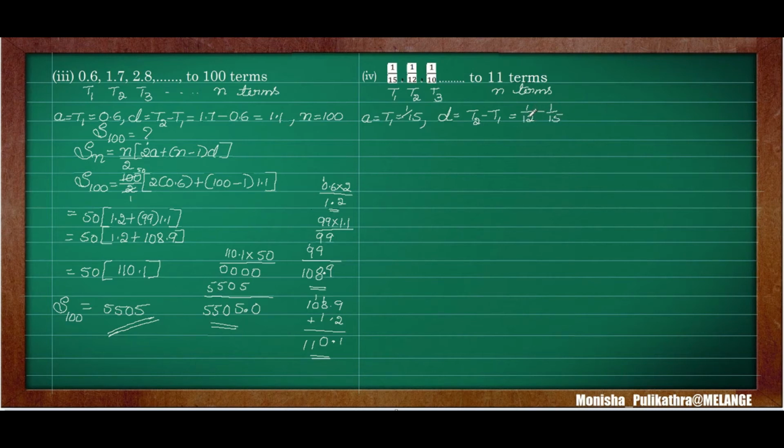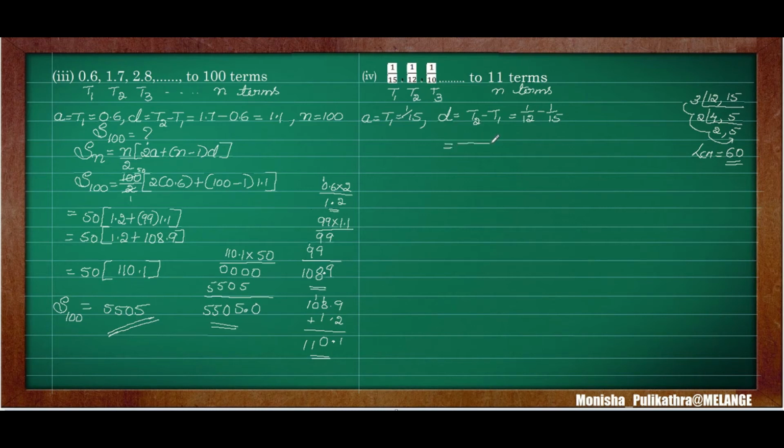Here the denominator is 12 and 15. First we need to find out the LCM of 12 and 15. So first I will find out the LCM of 12 and 15. So I will take 3 here. So 3 4s are 12 and 3 5s are 15. Next 2 2s are 4 and 5. 5 is not divisible, so you just write 5 here. Next do the multiplication. 3 2s are 6, 6 2s are 12, 12 5s are 60. So the LCM is 60. LCM of 12 and 15 is 60.